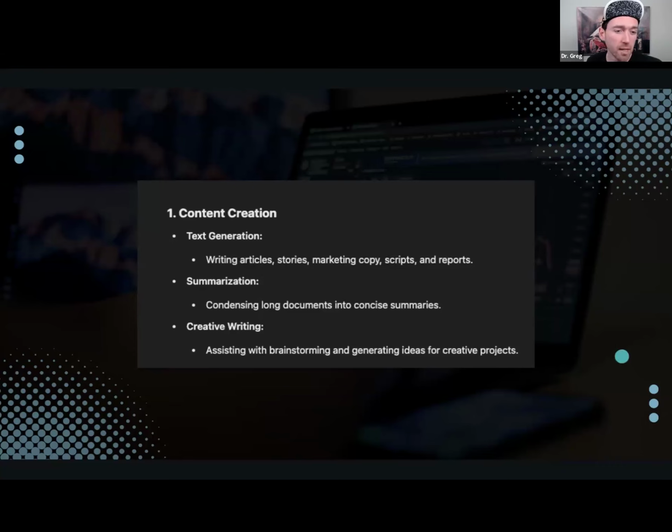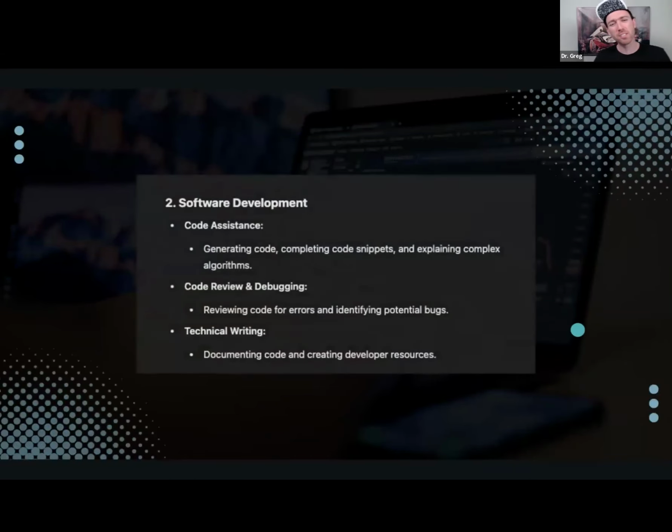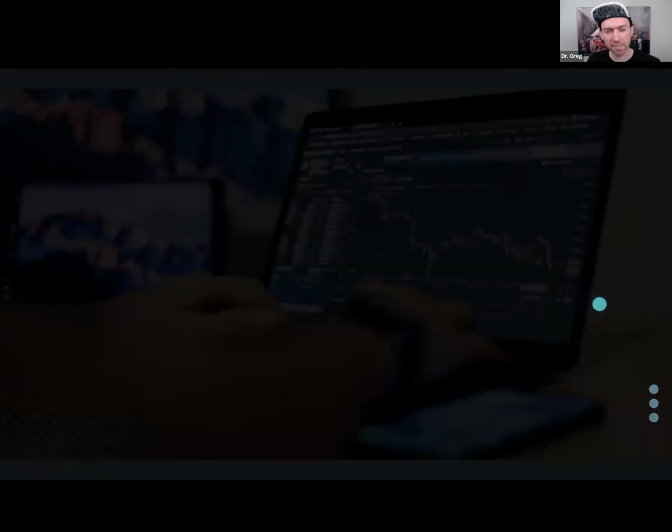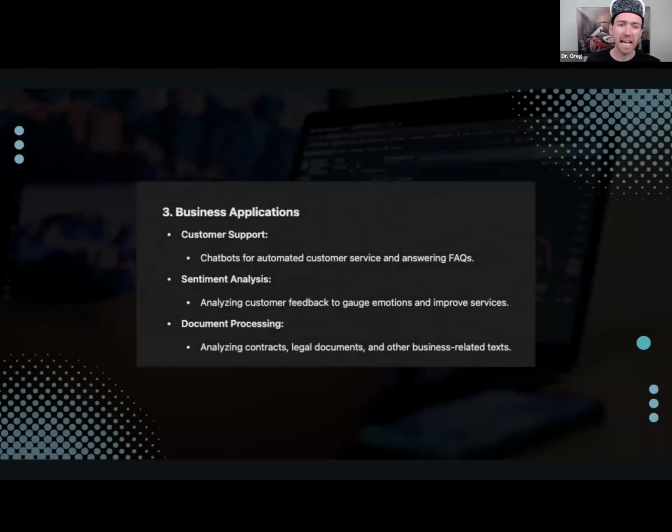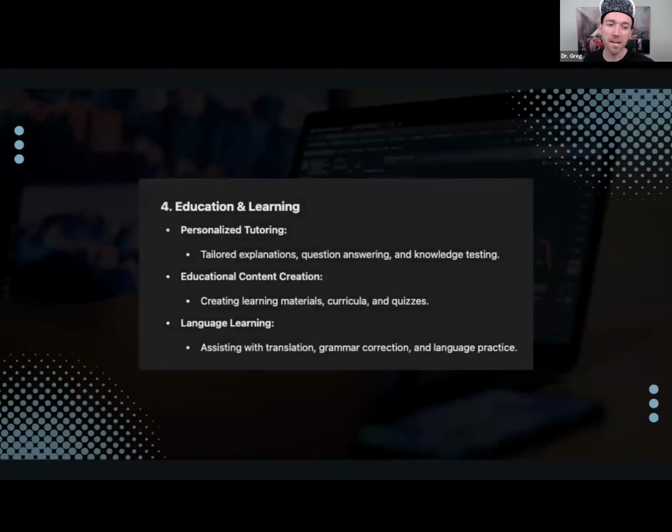Content creation. Okay, text generation, summarization, creative writing. It gave me software development, for sure, coding assistance, code review and debugging, technical writing, okay. Business applications, okay. Customer support, sentiment analysis, okay, all right. Document processing, fun stuff. Education and learning, personalized tutoring.